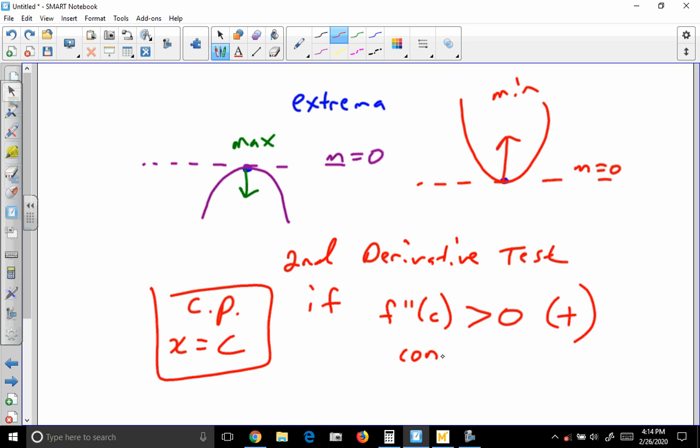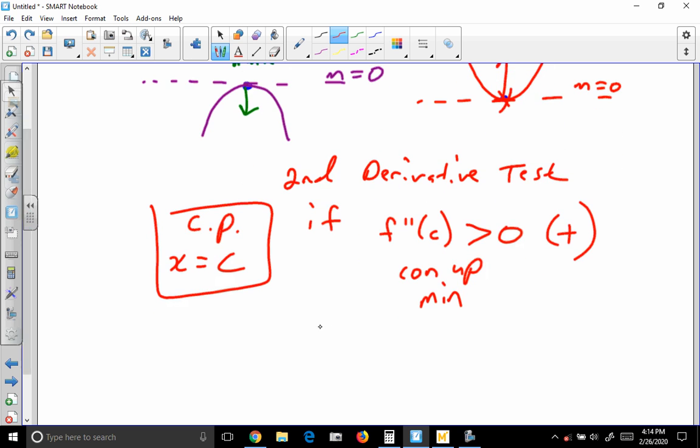It tells us we're concave up. But specifically, since this is a critical point, not only are we concave up, but being a critical point, that is a minimum. On the other hand, if we plug a critical point into the second derivative and we get a negative number, something that's less than 0,